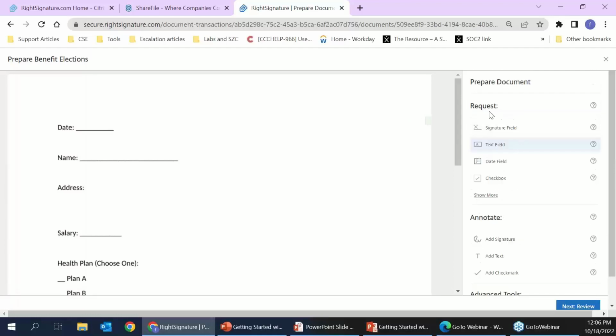You'll have 2 sections here. One is requests. That's what you're going to add for people to fill out after you've completed and sent the document off. You also will have the annotate option, and that's what you're going to add to the document